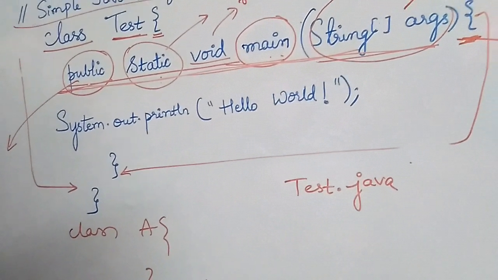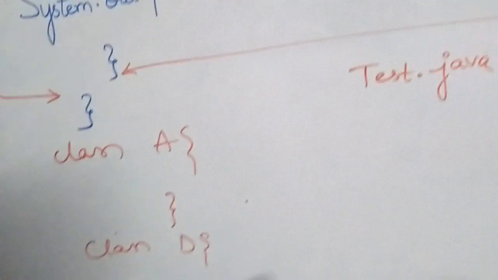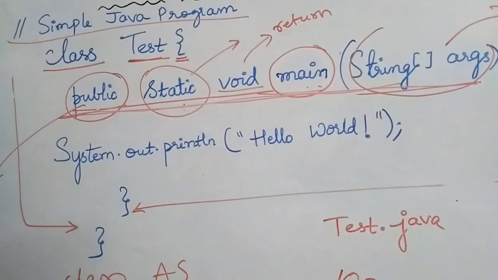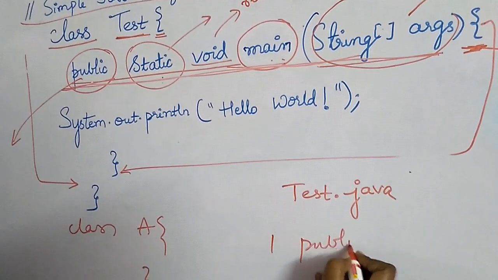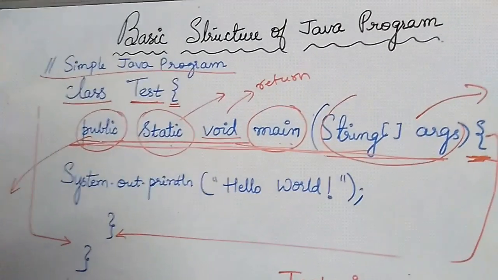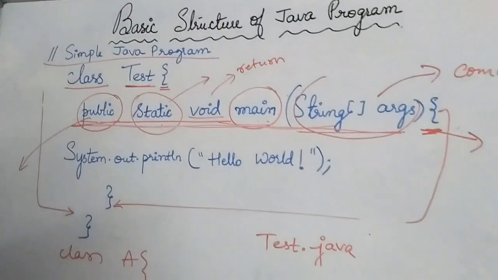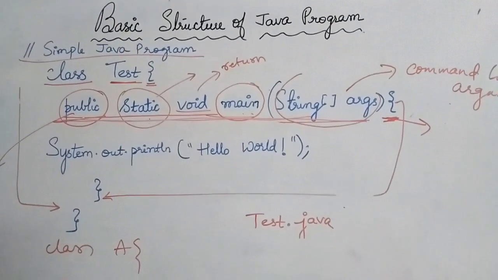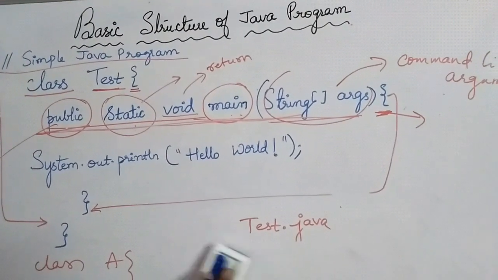And the next one is, how many public classes can you have? Herein I am having 3 classes. I cannot make everything public. Say I am having 100 classes or 1000 classes in my program, still there can be only one public class. This is the rule, and this is asked a bit in the interviews. There should be only one public class, and it is not mandatory that you should have at least one public class. If you want, you can make one class public, else no classes as public. So this is regarding naming of your file.